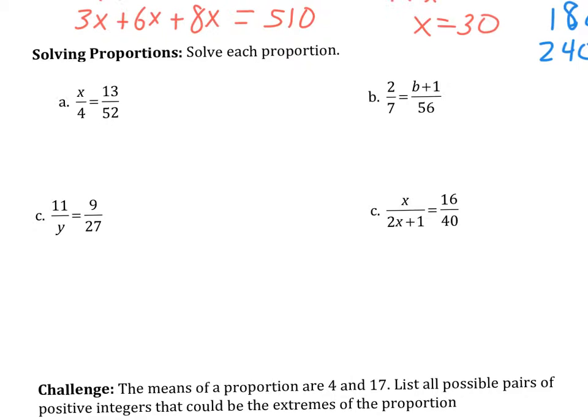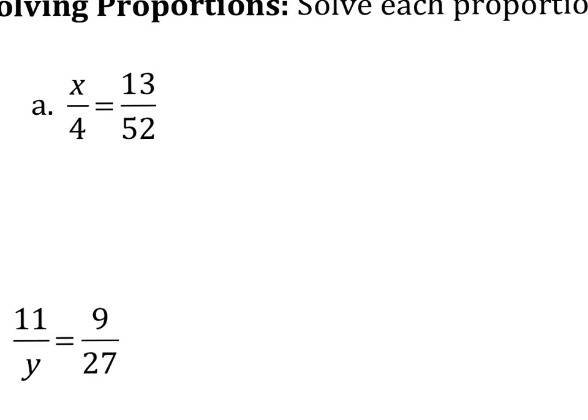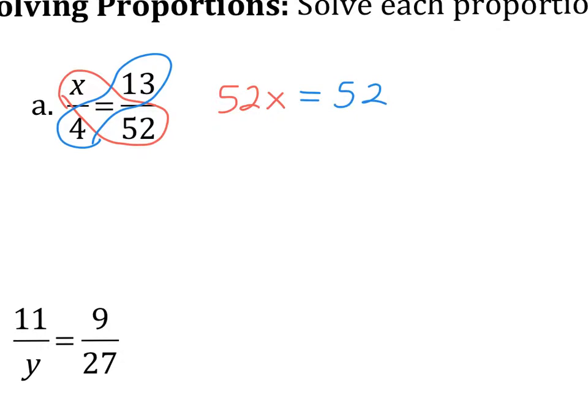All right, so let's see here. Most likely you are familiar with the concept of cross multiplying. So let me just real quick refresh what we mean by that: when we cross multiply, these two become one number or one side, and then the other side is the product of these two here, 4 times 13, which is coincidentally 52. And now when we solve for x, divide by 52, you end up getting x is